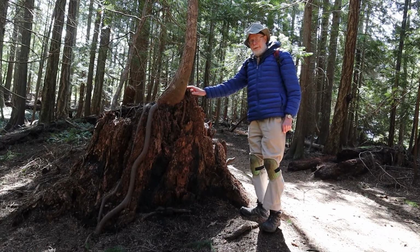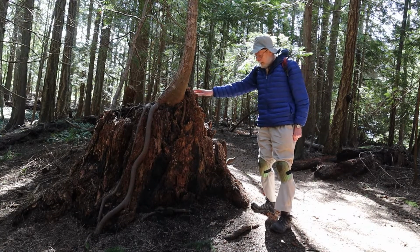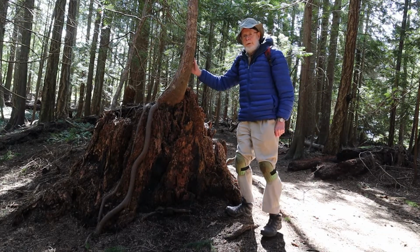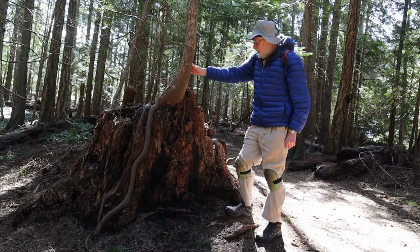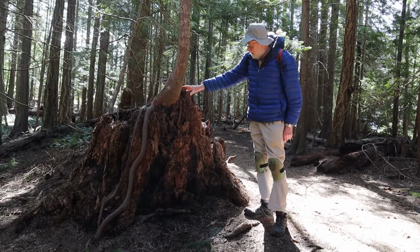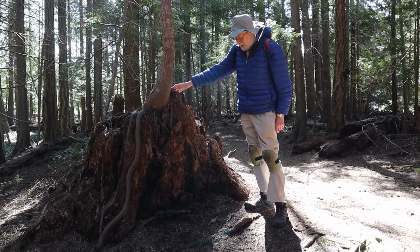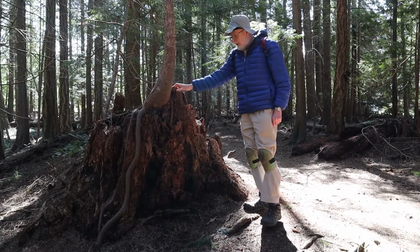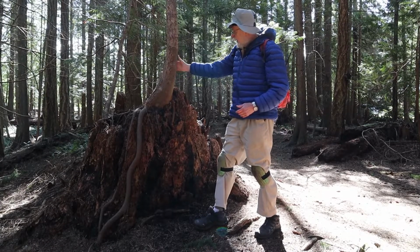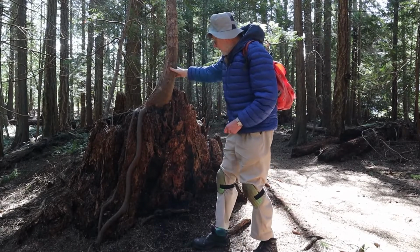And this is what happens to an old stump. This tree was logged about a century ago, and it's now been occupied by a hemlock tree. Hemlock trees often grow on old stumps and logs. The stump it's growing on was a Douglas fir tree. Now, Douglas fir trees don't start on rotten logs. They start on mineral soil, sandy, gravelly soil, usually after a forest fire. But once the tree dies down, it gets occupied by hemlock trees,